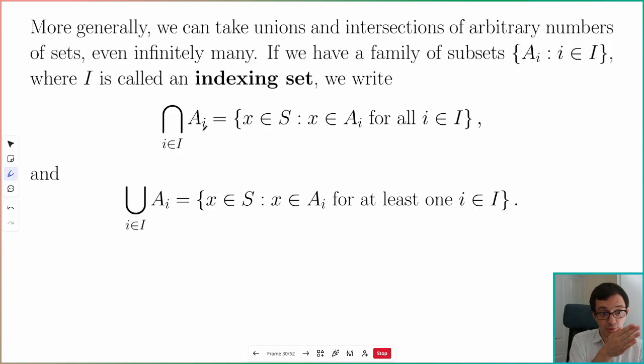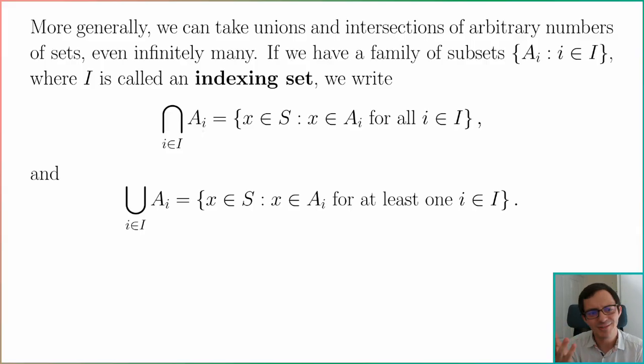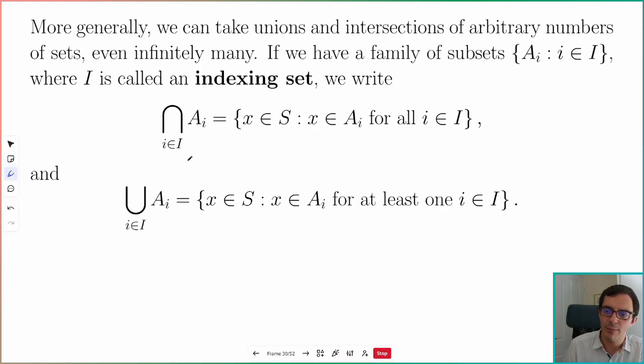So once I've set that up, I've got lots of subsets. Instead of calling them A, B, and C, I'd quite like to call them A1, A2, and A3, so that I can do things like this without having to write intersection over the alphabet or something. Like A1, A2, A3 is really nice because then I can tell you what I want. Intersection over all of these things means it's really strict. You've got to be in all of them. x in A_i for all i in the indexing set,